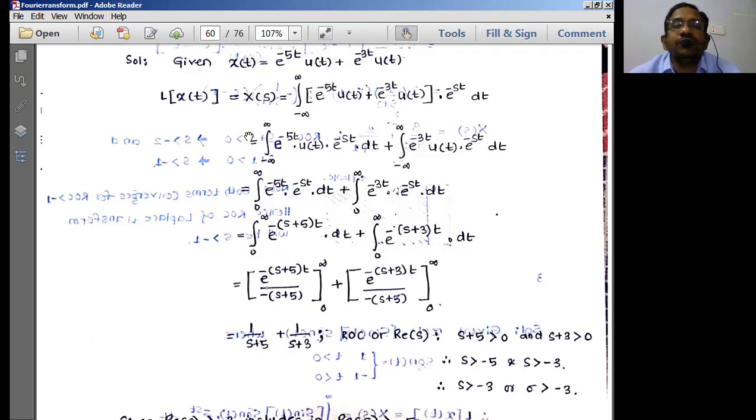Okay. So what is the formula we have? Integral of x of t into e to the power minus st dt. That is the basic formula we have. So what is x of t given? This entire thing is x of t given to us. And we apply the formula over the limits minus infinity to plus infinity. Let's see now how we are expanding this. This integration has been expanded with u of t, multiplied with e to the power minus st. Individually, we are simply expanding this.